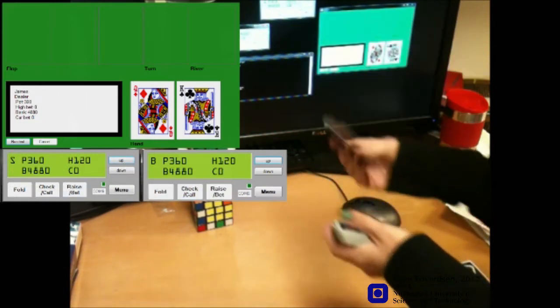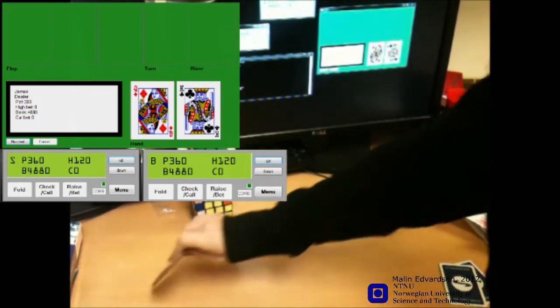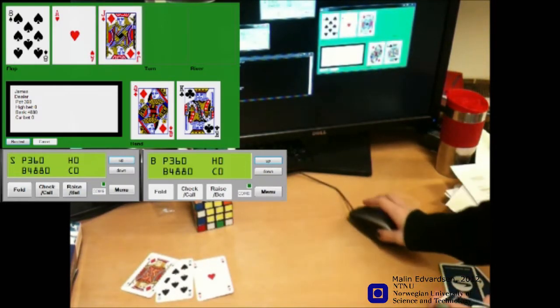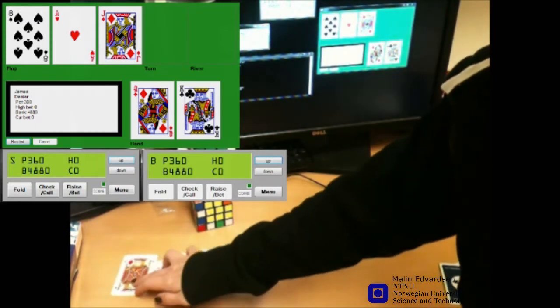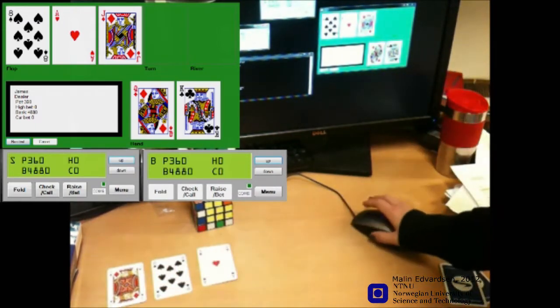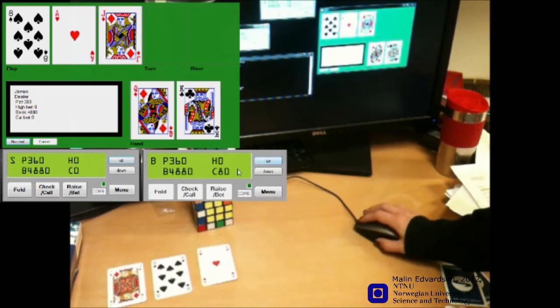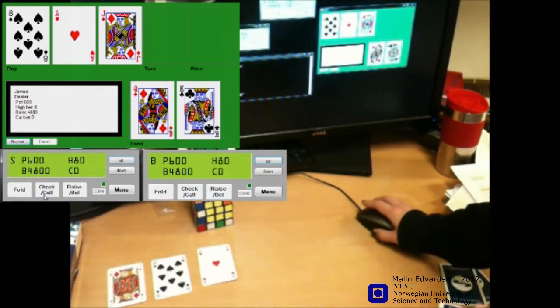We're now ready for the flop, so we take it up, we put it on the table, we see that it's detected, and then we just clean it up a little bit. So now just to see that bets have to match before you can go on, this time the first player will check and the second will bet, and then go back to the first, who has to call, and we